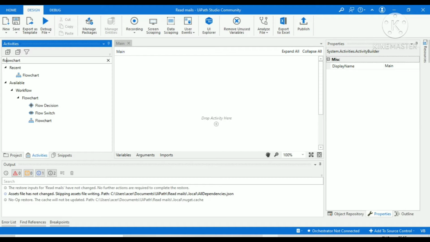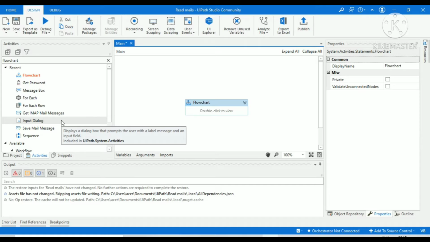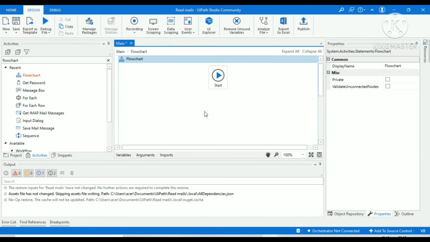After searching for the flowchart, double click on it and it will be dragged onto the main file. Now go to the flowchart and double click on it, and it's opened.